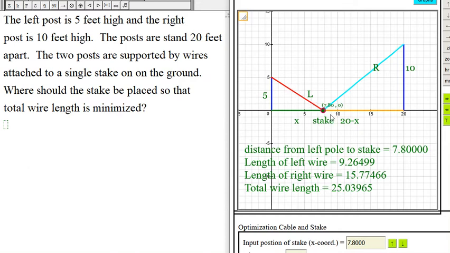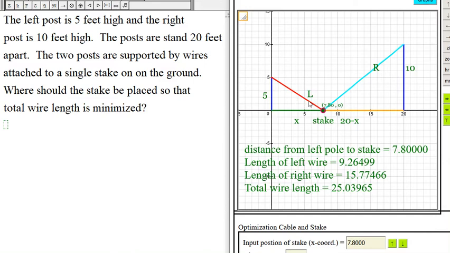And so that's the problem that we're trying to figure out. Where should the stake be? How far from the left post? So that the total wire length, meaning L plus R, is at a minimum. And so if we call the distance from the left post to the stake X, then the distance from the stake to the right post will be 20 minus X, because the total length here is 20, and this is always going to be 5, because that's the height of the left post,